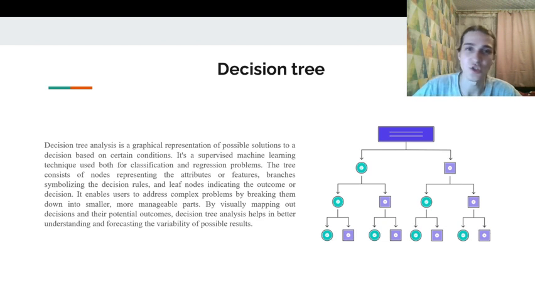Next one is decision trees. Decision tree analysis is a graphical representation of possible solutions to a decision based on certain conditions. It's a supervised machine learning technique used both for classification and regression problems. The tree consists of nodes representing the attributes or features, branches symbolizing the decision rules, and leaf nodes indicating the outcome or actual decision. It enables users to address complex problems by breaking them down into smaller, more manageable parts